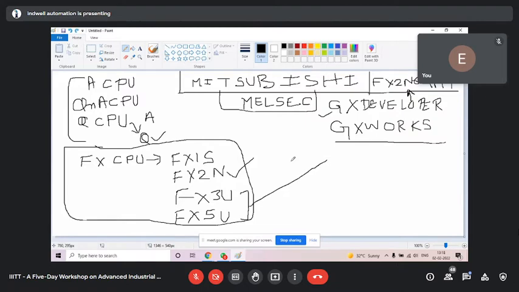Next thing is, you can keep the screenshot. Take this screenshot, I shall delete this. Then I shall tell you about input and output. Today I shall make you perfect in Mitsubishi programming. Then you can make experiments by seeing the user manual and explore more. So I shall remove this.